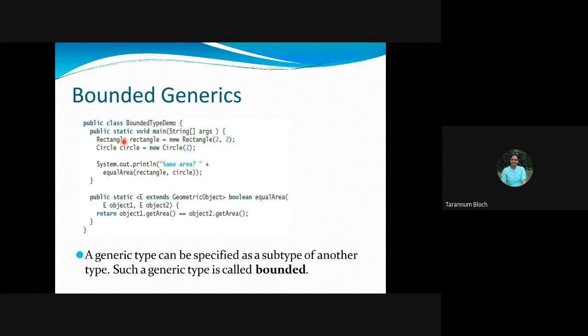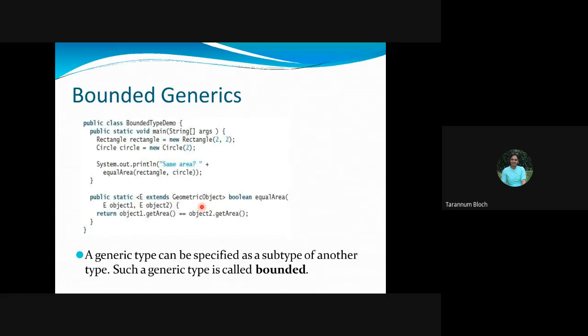We know that rectangle and circle are two geometric objects, and Java gives you the rectangle and circle as built-in classes, right? As they are Java API objects, ideally we can just compare them. Why? Because right now rectangle and circle are members of the geometric object class, right?